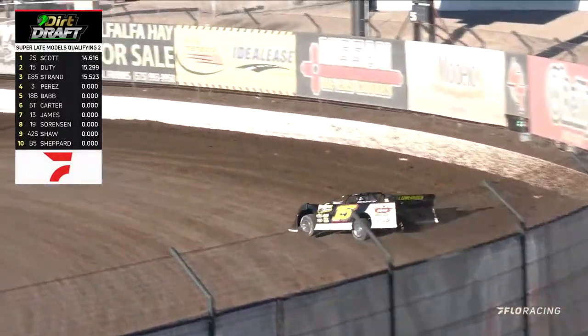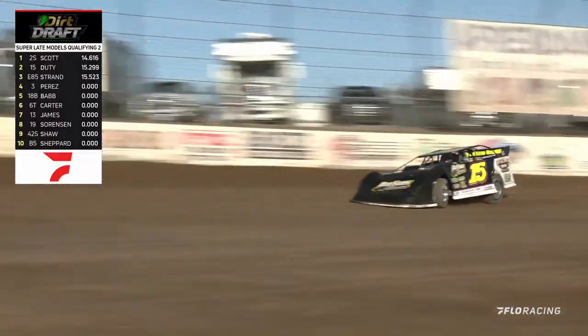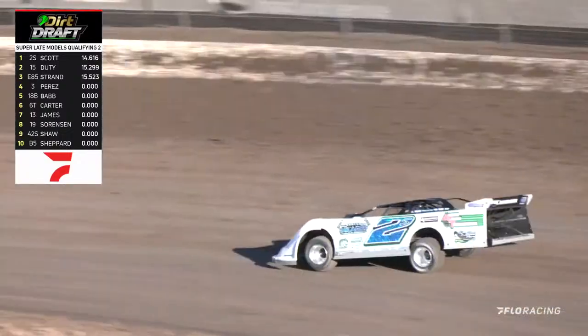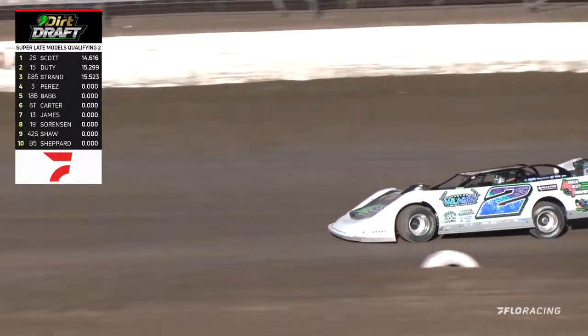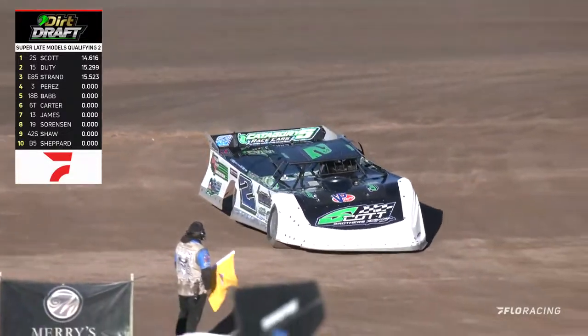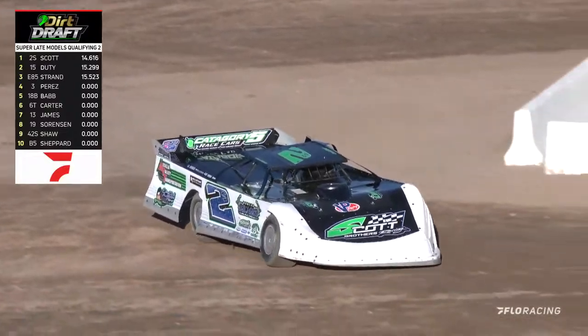Jason Strand shoved pretty good coming off corner number 4. He's not going to like his second lap either. It's not as good. He will rest on lap number 1. Stormy Scott's second lap, also not as good. He's atop the leaderboard. We'll see if Justin Duty has anything for him. The Malino, Oregon driver does not. His best lap was lap 1 as well. So Stormy Scott from just up the road in Las Cruces sets the early bar here in Group B with a time of